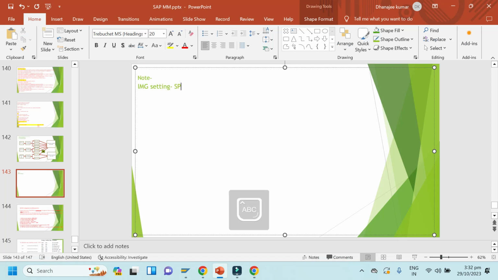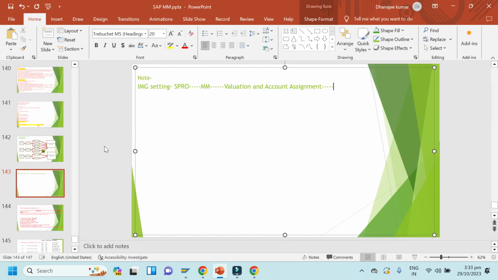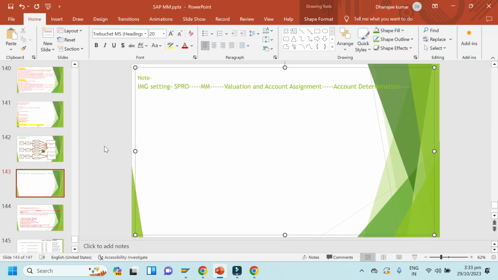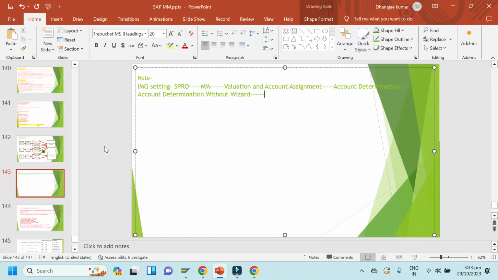SPRO, material management, valuation and account assignment, then account determination, without wizard, define valuation control.